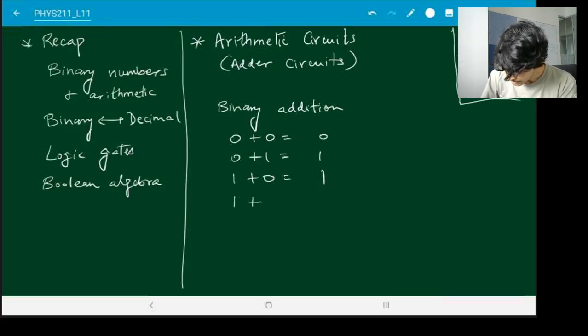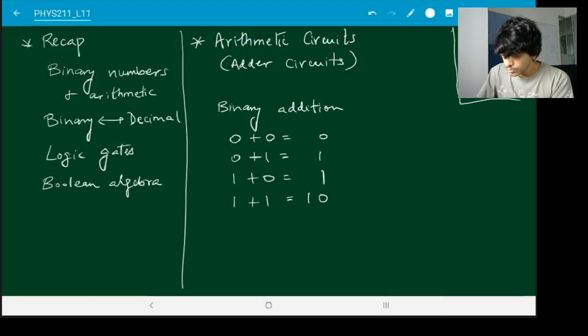And 1 plus 1 is 1, 0. So let me just put these leading zeros over here to put everything in 2 digits.